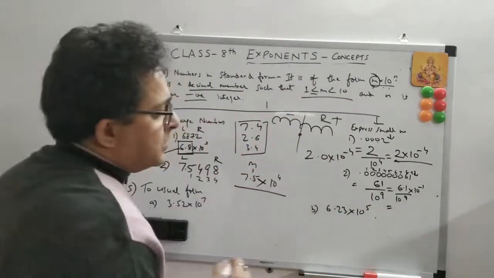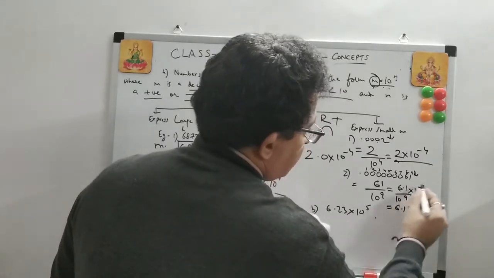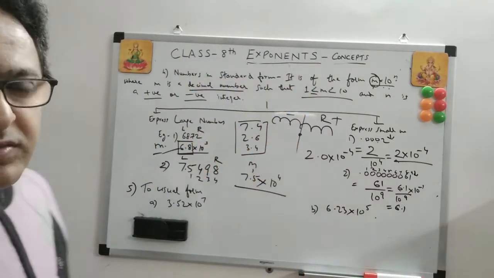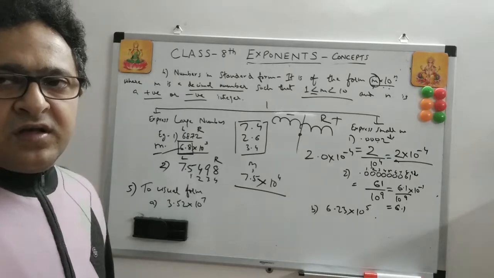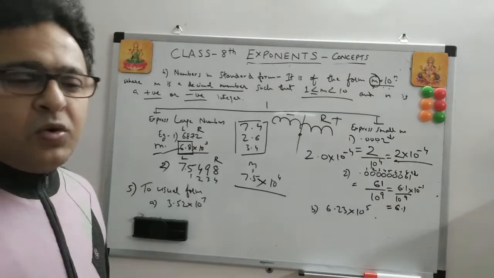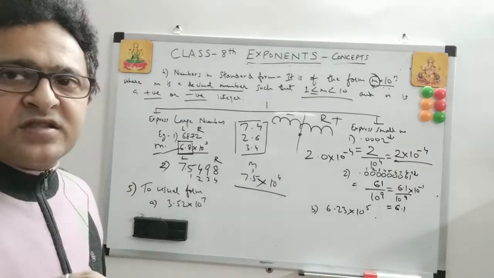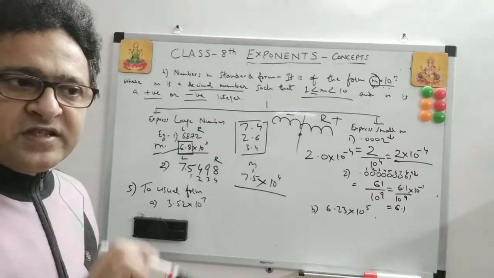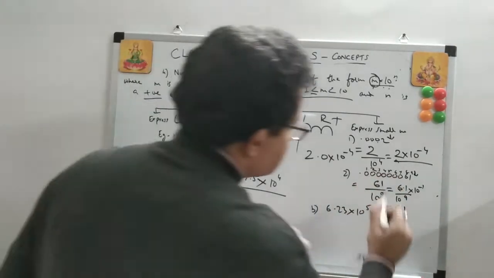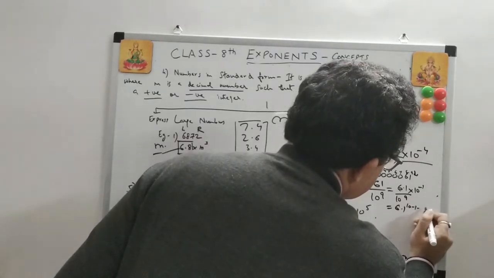Now our first rule applies. This is 6.1. This is the same base. This is division. So what was the form? A to the power m divided by A to the power n. So what is that? Minus. Whenever there is a division, it is minus. And whenever there is a multiplication, it is plus. So it's a division, so minus: 10 to the power -1 minus 9.